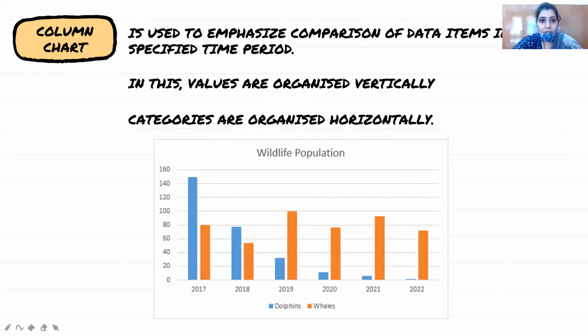The column chart is used to depict comparison over a specific time period. In the case of the column chart, the depiction is vertical, and the values are organized vertically, that means on the y-axis, and the categories are on the x-axis, the horizontal axis, right?